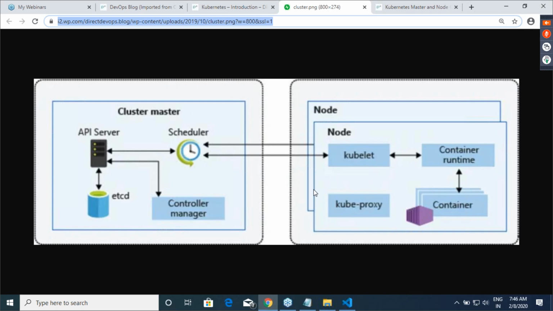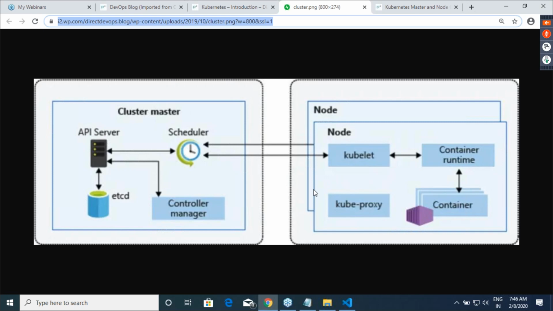So you have nodes. When you look at nodes, we have two kinds of nodes. One is the master, the other one is the node. The responsibility of the master is to maintain this cluster, to do management of everything that is running. That is what I call managing the cluster. So over here, we have three important terms to understand. First is node.